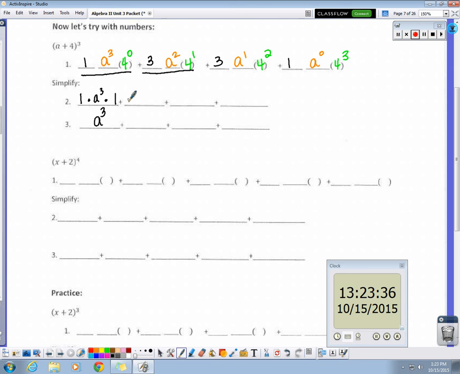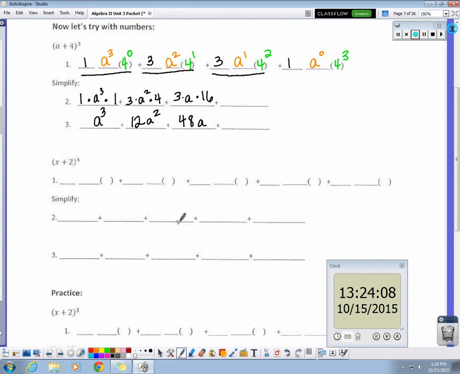Okay, 3 times a squared times what? 4, because 4 to the first power is just 4. Now when we multiply all of that together, you get 12a squared. Okay, then we move to the third term, where we have a 3 times an a to the first, but you don't have to continue writing that first power, times a 16, because 4 squared is 16, and that gives us a